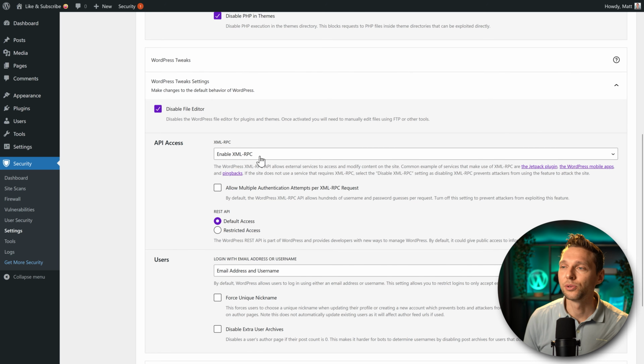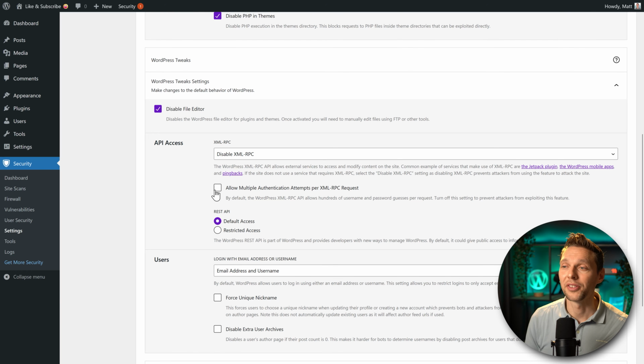What I suggest you do is just set it to disable XML RPC. It will save you a lot of hacking attempts, and see if everything works. If everything still works, then you're great, you're fine, keep it disabled. But if you notice that some things don't work anymore, try to see if they can work around it, contact the developers, or else just enable it. But I strongly advise you to disable this altogether.